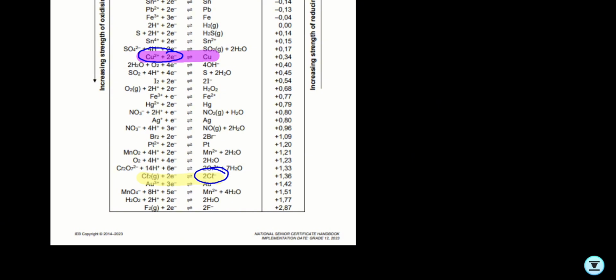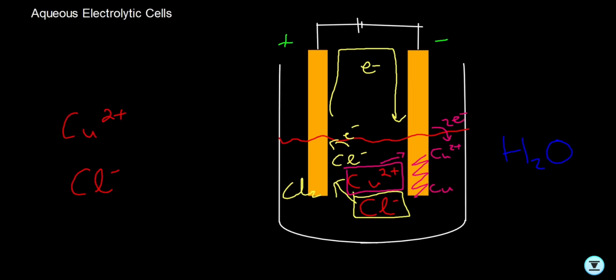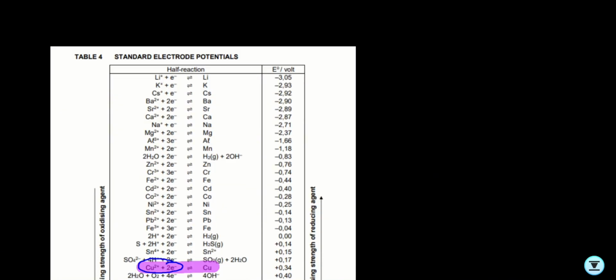So notice, water as a substance is right over here. So in terms of being an oxidizing agent, we see that it's closer to the copper rather than the chlorine. So the actual reaction that we would be able to observe is the chlorine ions and the water. So what that essentially looks like is you have your chlorine ions coming on the one side, my chlorine ions at my reduction, they're gaining all of my electrons, whereas on the other side, I'm going to have my water, which is then going to become